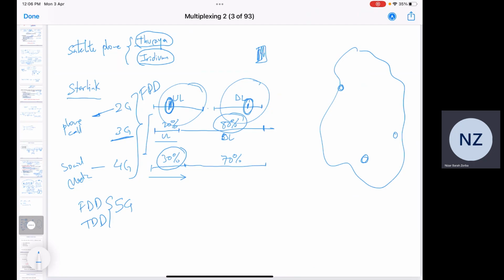In TDD, I said that you have time 1, time 2, time 1, time 2, and so on, right? This will be equal, the time for both of them. So here this is for uplink, this is for downlink. Not necessarily. Here you will measure how much you need. Example, you connect to the network, and this network is